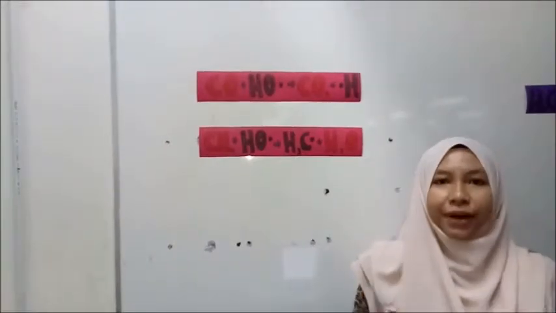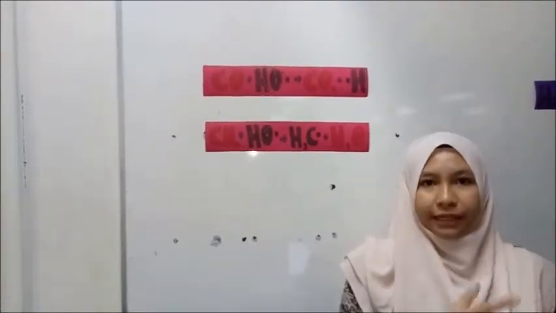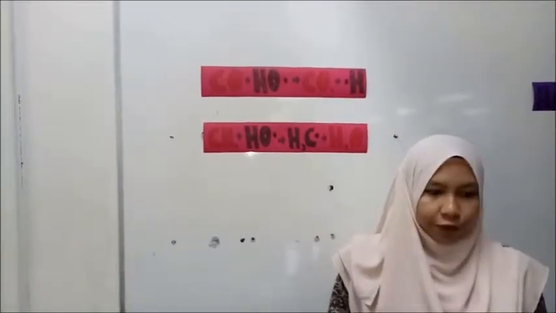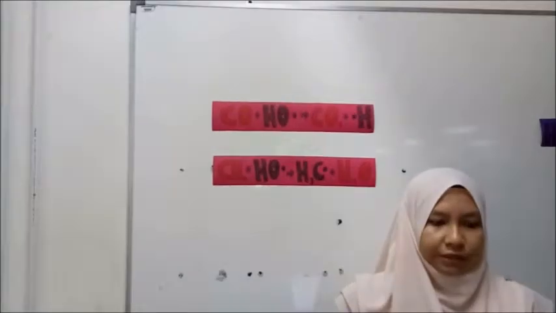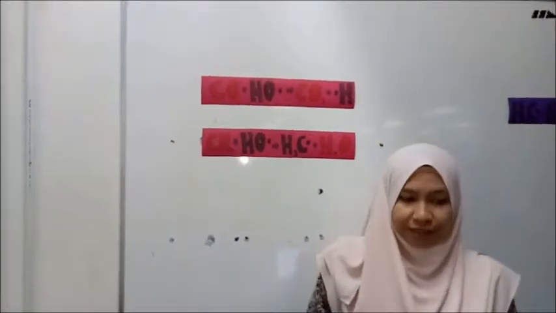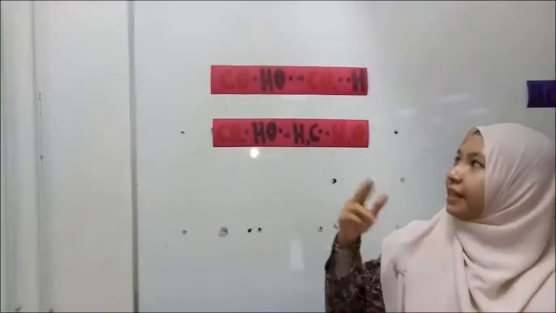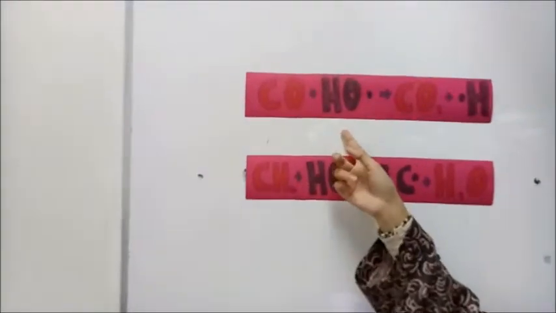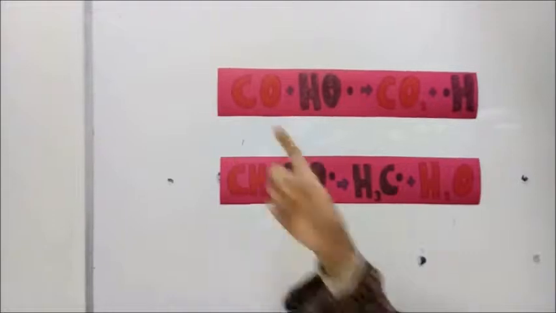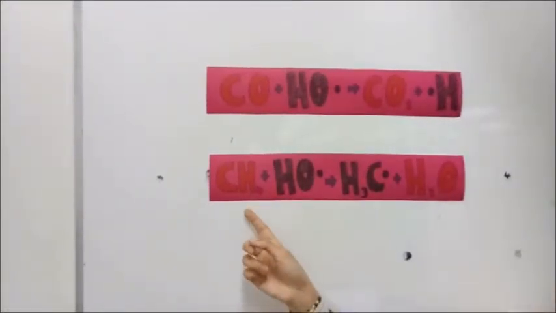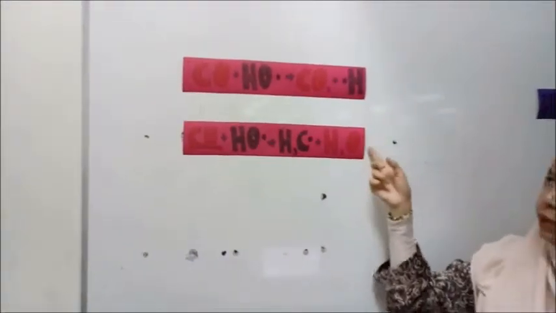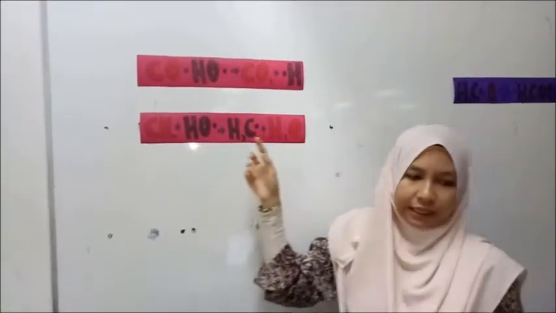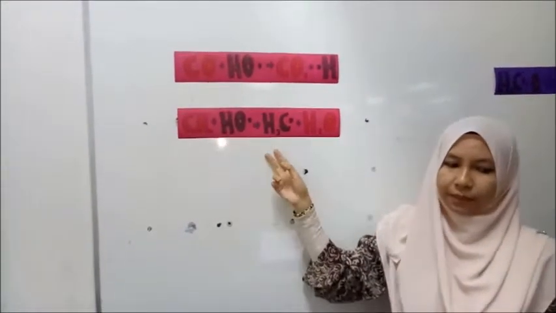When the radical is formed in the troposphere region, the radical needs to be removed from the troposphere region. To remove it, the hydroxyl radical will react with either carbon monoxide or methane. So there are 2 ways to remove the hydroxyl radical from the troposphere. We can see here that the hydroxyl radical being removed by